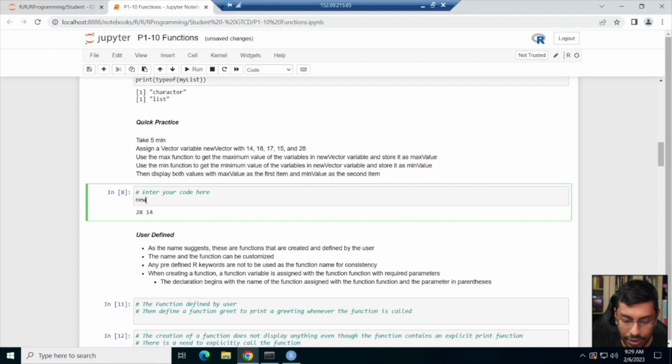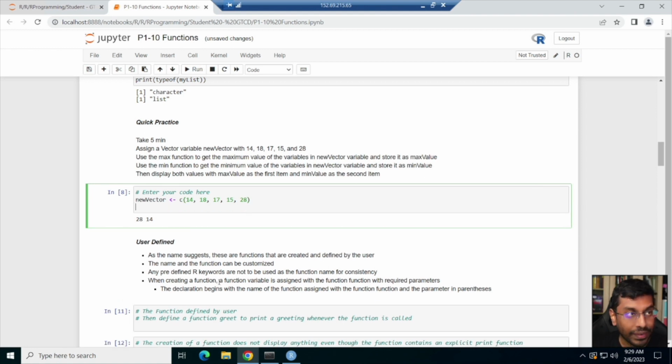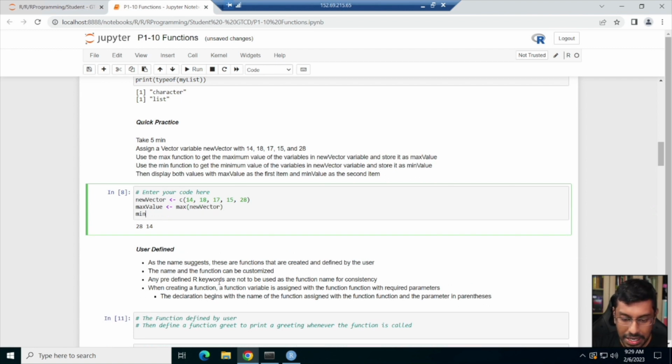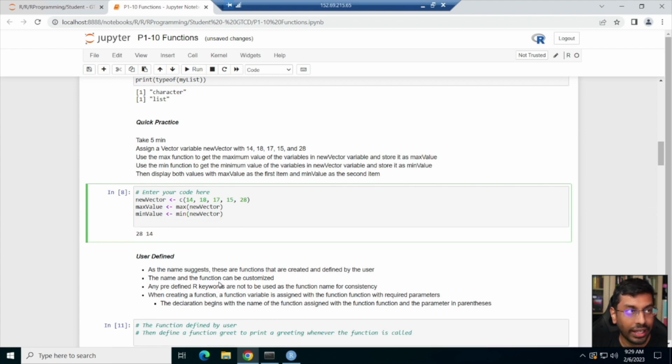So basically, new vector. Remember, you need to create a vector variable, because if you want to do max and min, they all have to be in a vector variable, and they all have to be of the same data type. You can't do it on a list. If not, you'll have issues. Then we find max value, which is equal to max of new vector, and min value, which is equal to min of new vector. That's all. And then you cat max value and min value,